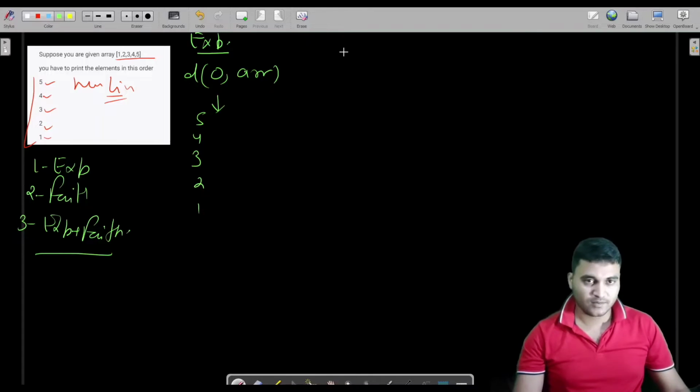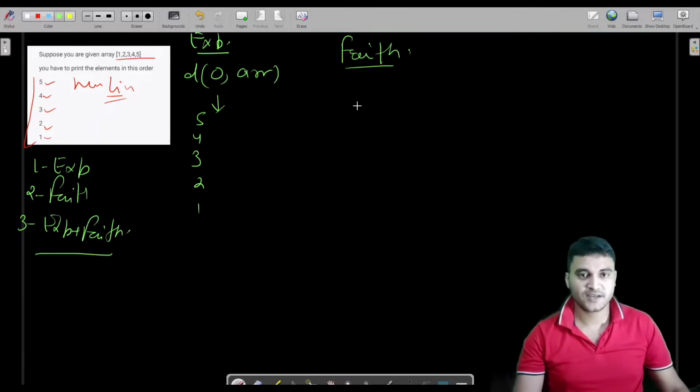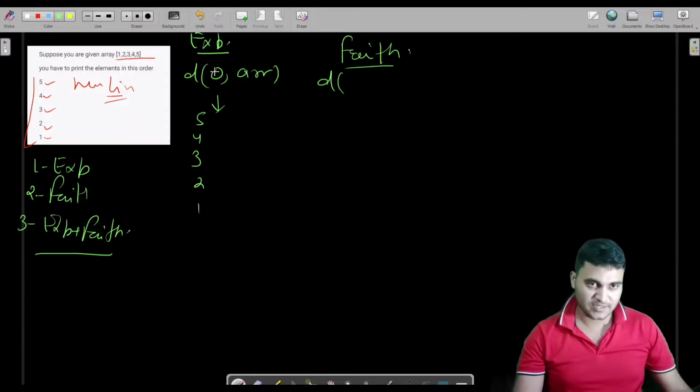Now I will have faith. If I have the same function, you have to understand that if I am passing 0, it is printing all the elements in reverse, from the end of the array till 0. The positions were 4, 3, 2, 1 and 0, so it was printing all the elements from the last position till 0.